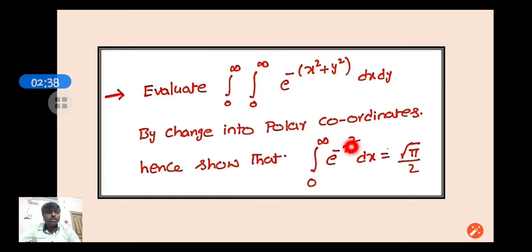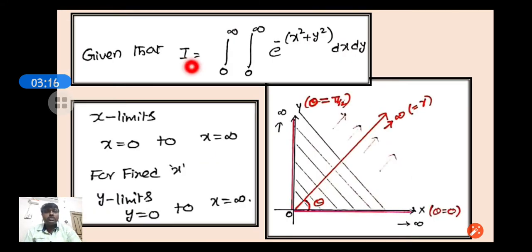Before going to this particular result, first I have to evaluate the double integral 0 to infinity, 0 to infinity of e power of minus of x square plus y square dx dy by changing into polar coordinates. So first I am evaluating this double integration which is in Cartesian coordinates. With the help of the result of this double integration, I will show this particular thing. It is the application of our problem here. Now, first of all, I identify the limits and the region and the integrand. So I go through the solution.